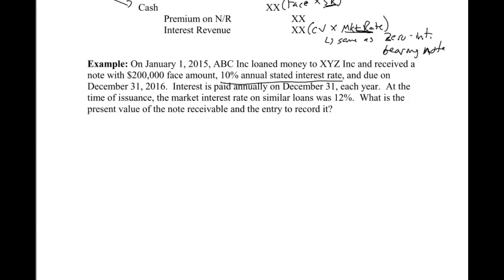But now there's going to be interest paid each December 31st, and that cash will be based on that 10% stated rate. So let's walk through this example. The first thing we need to do is calculate the present value. Once again, I use my financial calculator to do this: future value, payment, number of periods, and the interest rate, and then we compute the